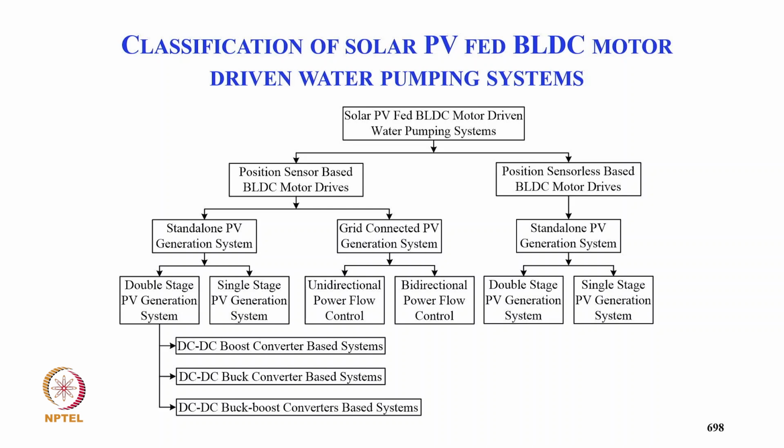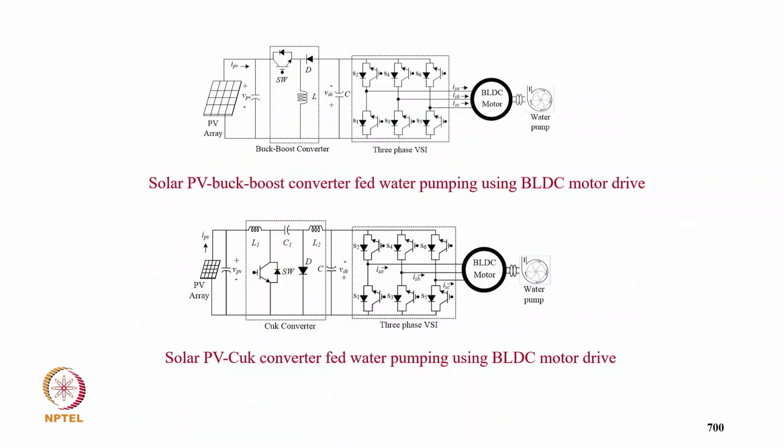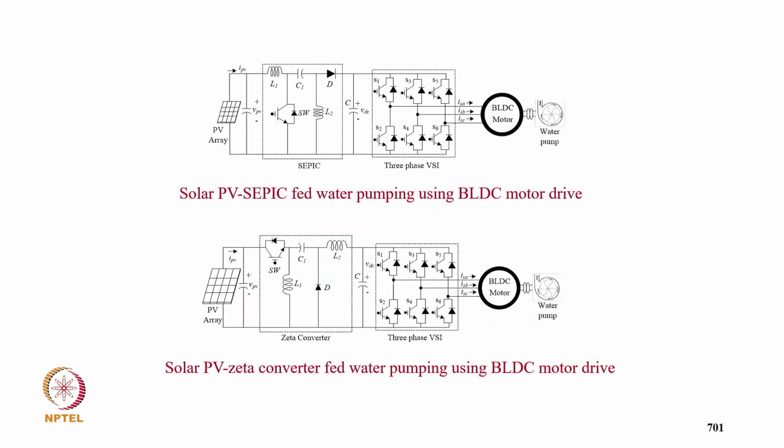And typically for position sensorless BLDC motor drive, we have standalone PV generation, double stage PV generation, and typically single stage PV generation system. So this is typically two stage BLDC motor water pumping. We use the boost converter, then the inverter. We call it two stage. Then we have a buck converter, then BLDC motor. Then we have a solar PV buck boost converter with inverter and BLDC motor, and then a SEPIC converter with inverter fed BLDC motor, then the Zeta converter,